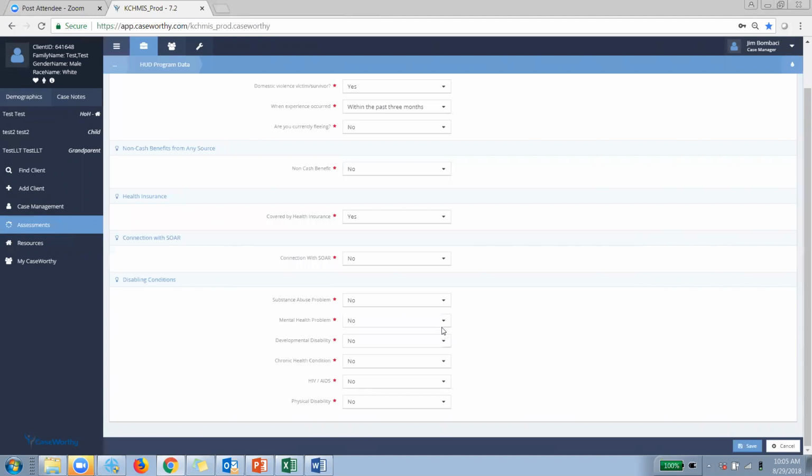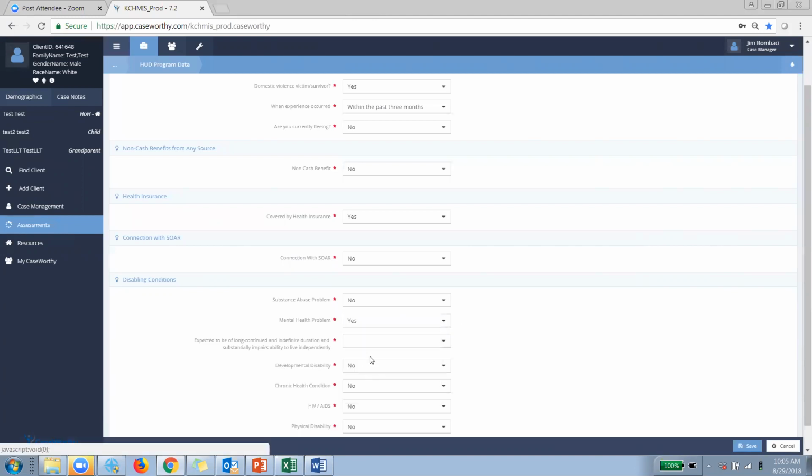But the other key element that I've seen, not often, but frequently, with some of the data that I've looked at, is for mental health it's yes, but then the expected to be of long, continued, and indefinite duration and substantially impairing ability to live independently is set to no. And that's something that HUD looks at this value as the real determining factor of whether or not